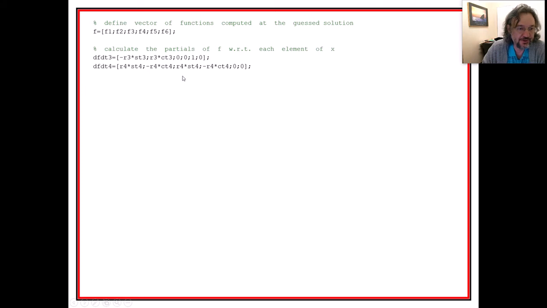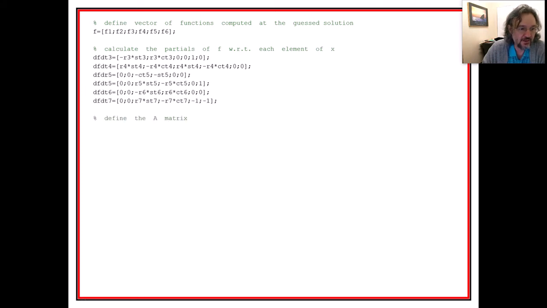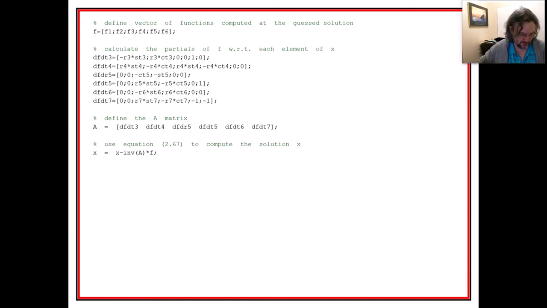All these are written out as columns, and then we arrange them into a matrix where we put them all into rows, right? So we take all those columns and put them into rows, and then we use this equation right here, which is just a simple, straightforward dividing the thing out. And so it's saying equation